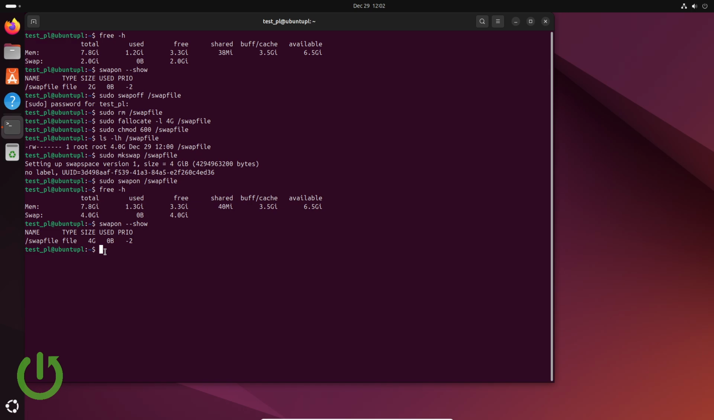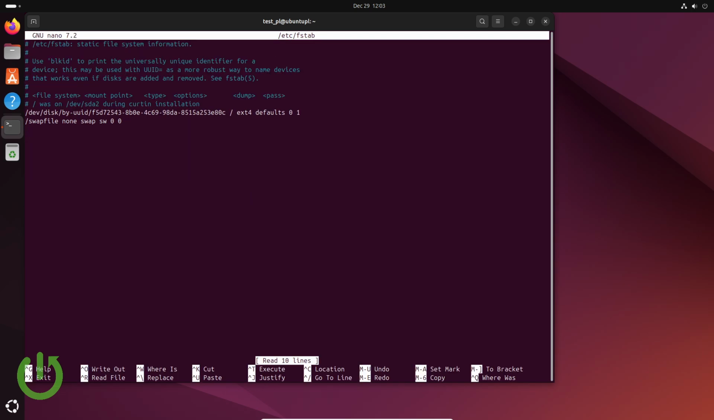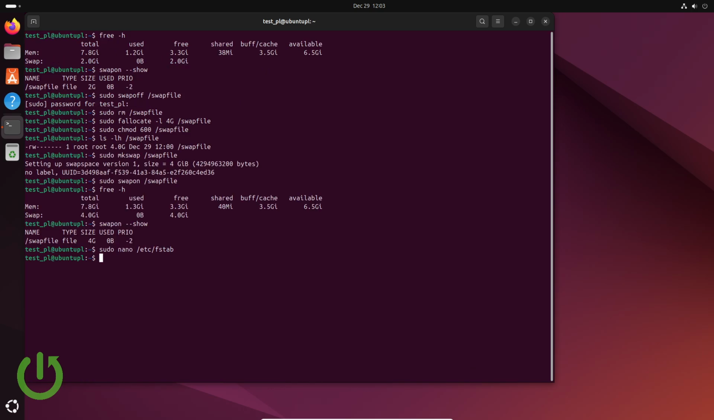I showed how to do it in the video how to create a swap file on Linux. We have to edit the /etc/fstab file by nano command, of course. And at the end of this file we have to add something like this: /swapfile none swap sw 0 0. That's very important, because with it, after the reboot, your swap file will be